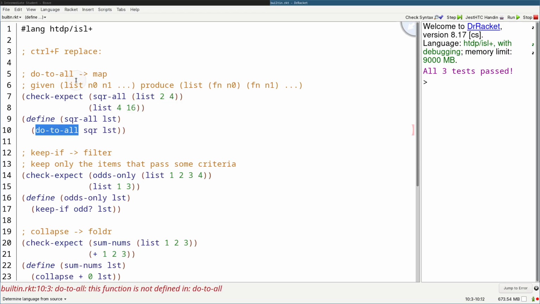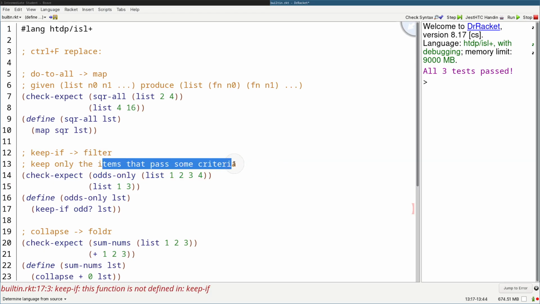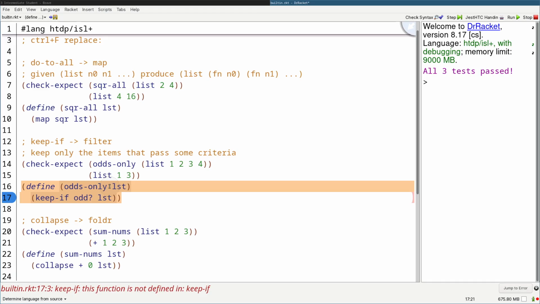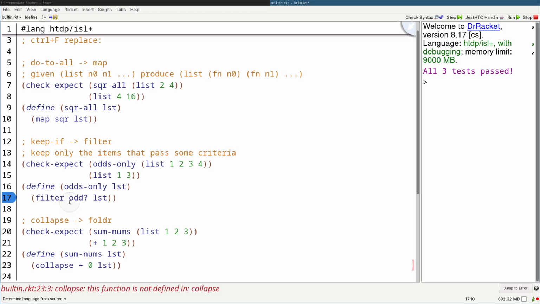Instead of writing do-to-all, just Control-F and replace it with map. That built-in function is going to do the exact same thing. Instead of keep-if, filter. And the purpose statement is that it keeps only the items that pass some criteria. So here we have odds-only, it consumes a list, and we have a filter here now. And this is the criteria. If it's an odd number, then we'll keep it. So given this list 1, 2, 3, 4, 1 and 3 are the only odd numbers,